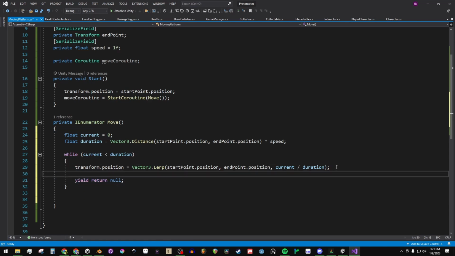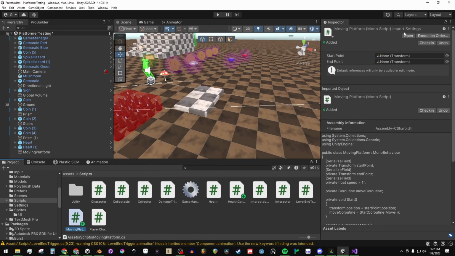And we also need to increment current. So do current plus equals Time.deltaTime. And that will basically increment the current value one frame at a time, so we can move from 0 to whatever the duration is. And that should